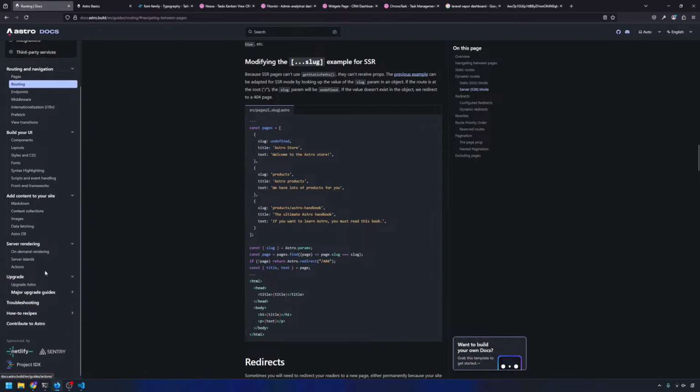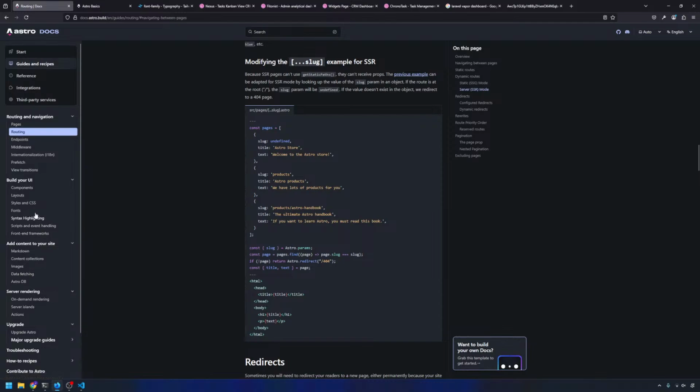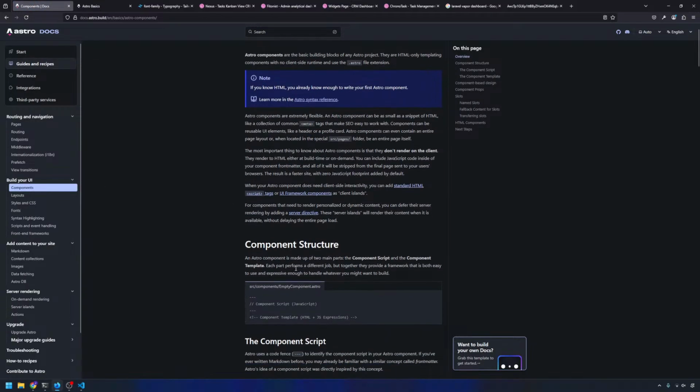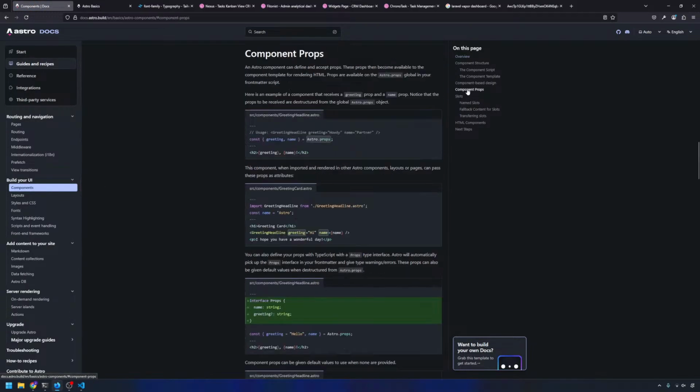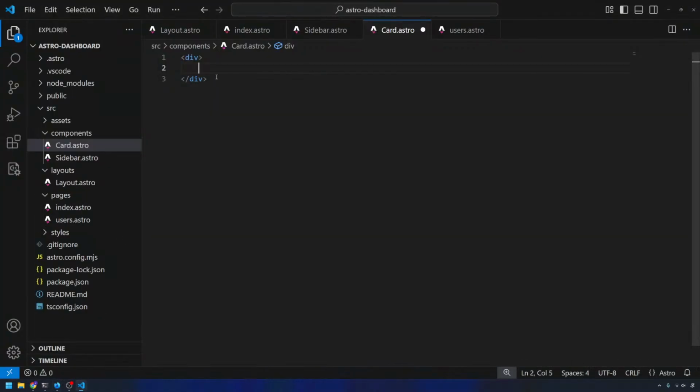Components, there we go. So you can do component props. You can pass them in like that. Okay. Let's do that. So I just need a title, I think. And then I think we do a title and then we do